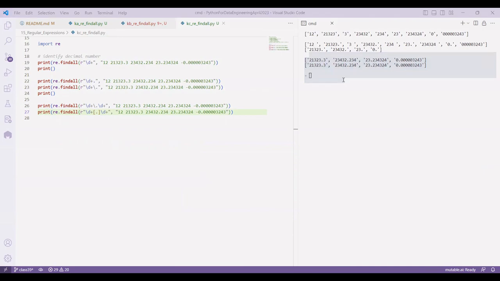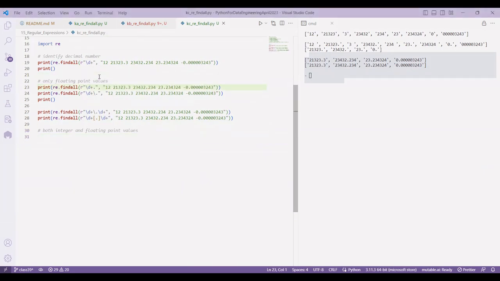Now see, you got the floating point values. Now sir, I want both floating point values and integers together. It's not like only floating point values; I want to get both of them. Then how to get it? So only decimals we understood, only floatings we understood. Which means if there is a dot, it can be there once, and after the dot there can be characters present, right? If you want that kind of scenario,